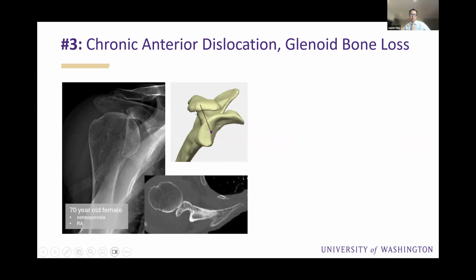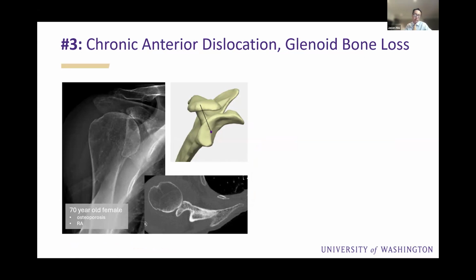So those were two good examples of using an augment to correct retroversion or superior inclination to improve the alignment of a reverse arthroplasty. And I'll show you a couple cases of using a standard base plate with bone grafting as another option. So this is the third case, a 70-year-old osteoporotic lady with RA